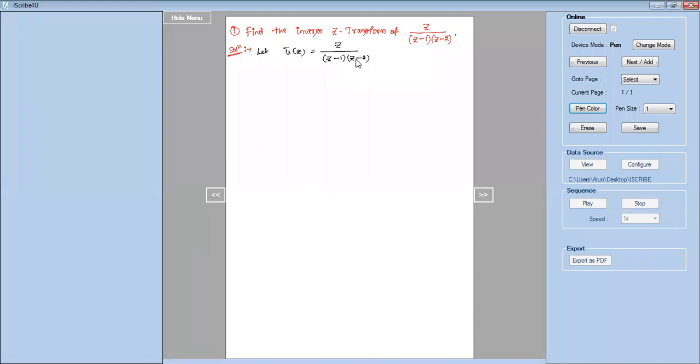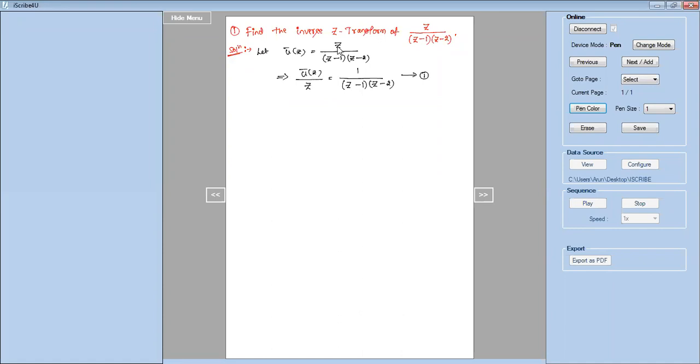Now go to the second step. The second step says, observe the numerator and take the Z term, one Z term. Here there is only one Z term. Sometimes I may have Z square or Z cube. In such a case, you take one Z to the left hand side, I mean, bring it to the denominator of the LHS. So I'll write this as: this implies u bar of Z divided by Z is equal to 1 by (Z minus 1) into (Z minus 2). I'll call this equation number 1.